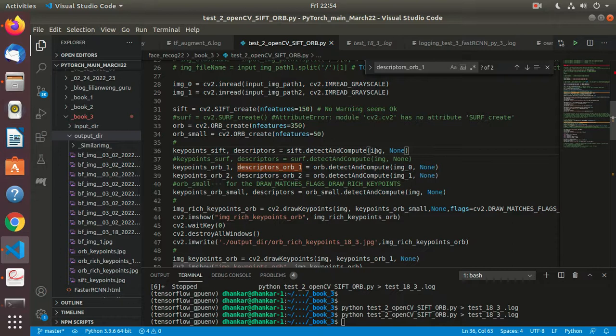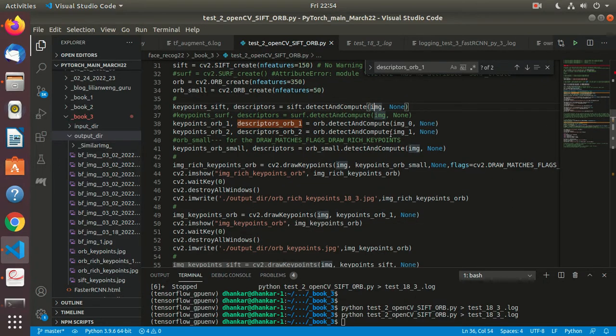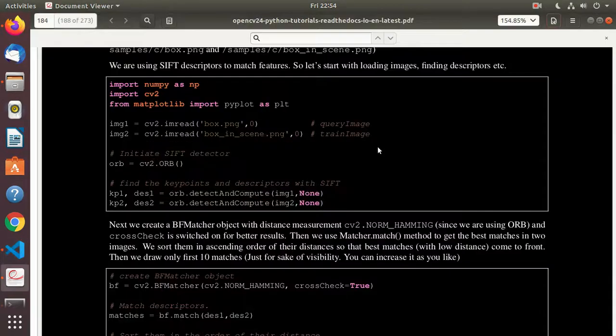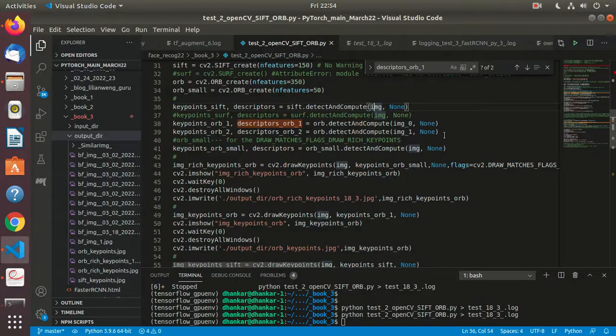The image is there and None. I don't remember exactly what that is, but you can check it in this document. You'll be able to check why we are passing the None parameter over there, what else are the options, what can be going in there. So ORB for two different images, and then ORB small only for one particular image, which is the first image,